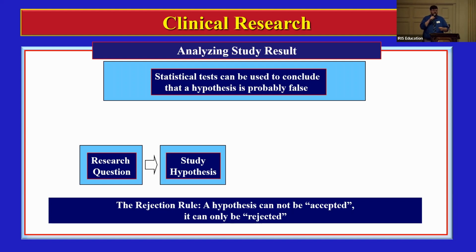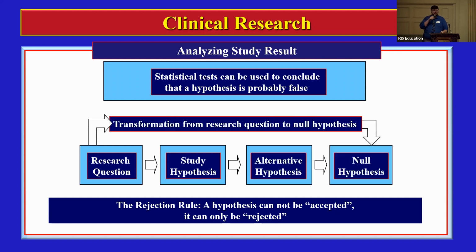What's going to happen is that we're going to have our research question, and that's going to produce a study hypothesis. Let's say our research question is, we think low-dose corticosteroids are going to improve patient outcomes with COVID pneumonia. Then our study hypothesis is reframed so that we say, we think patients on corticosteroids will improve by 10%. Then we form an alternative hypothesis and a null hypothesis. The null hypothesis is going to be a statement that we are assuming is true